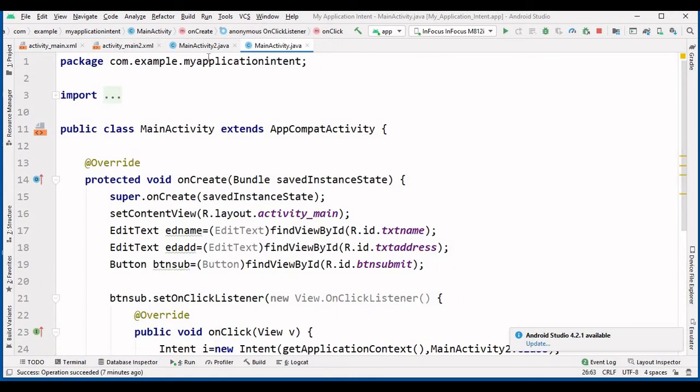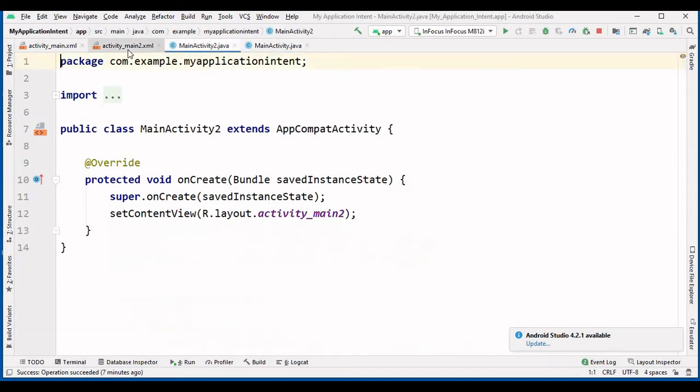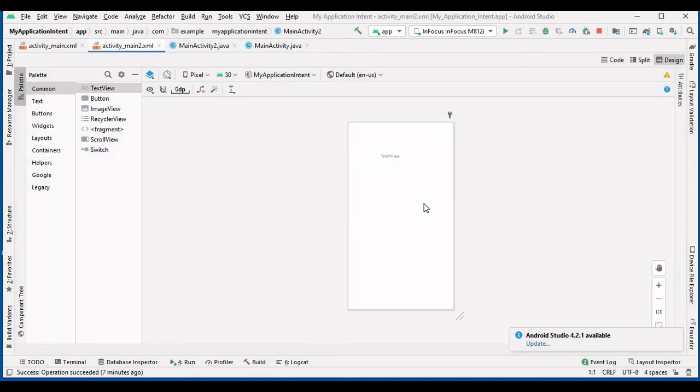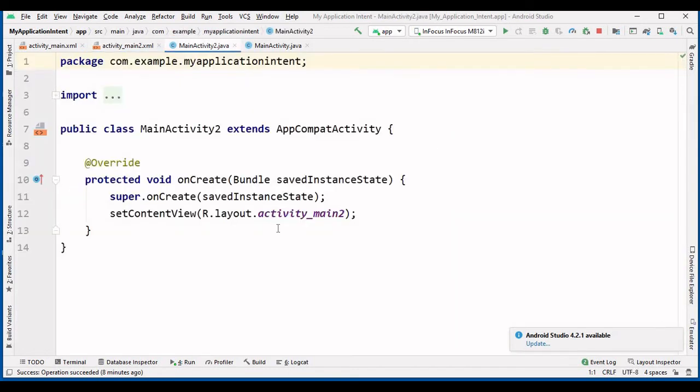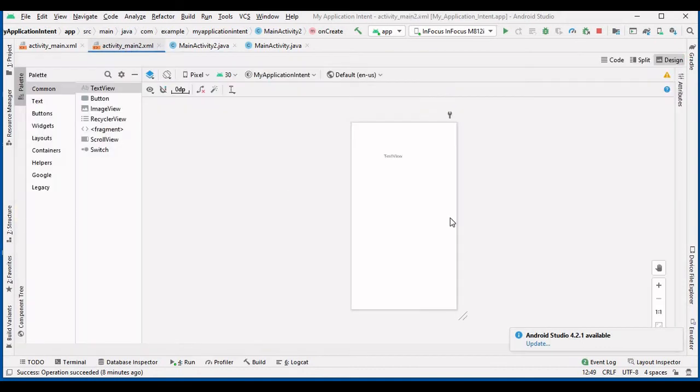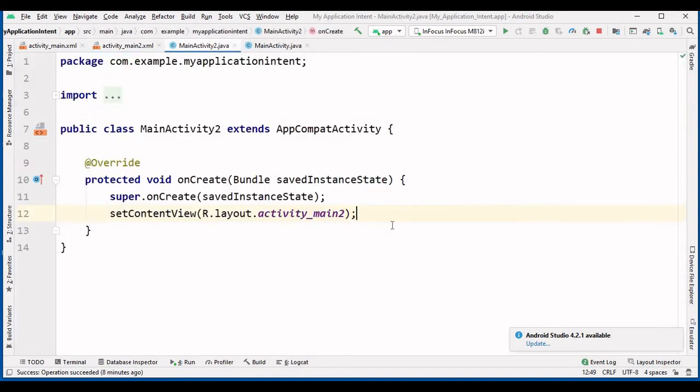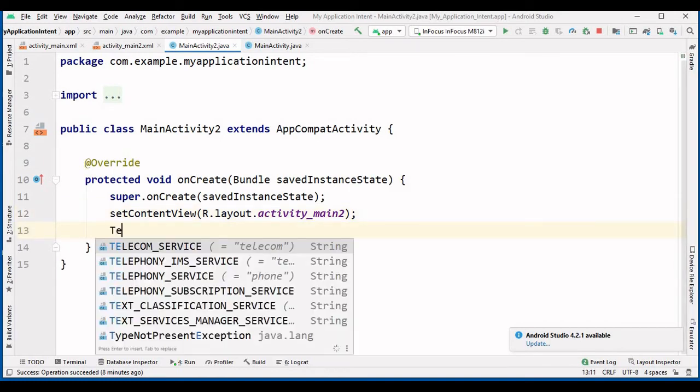Now we will write the code into the second activity. We do not have to do anything in the design. We have already taken the text view. So I will go into the Java file of the second activity. In the second activity, see, I said that I want to set something to this text box. So to set anything to text view or text box, you have to first create the object of that text view or text box. So this is a text view. So create the object of text view in activity 2. So how to create that? Use the text view.